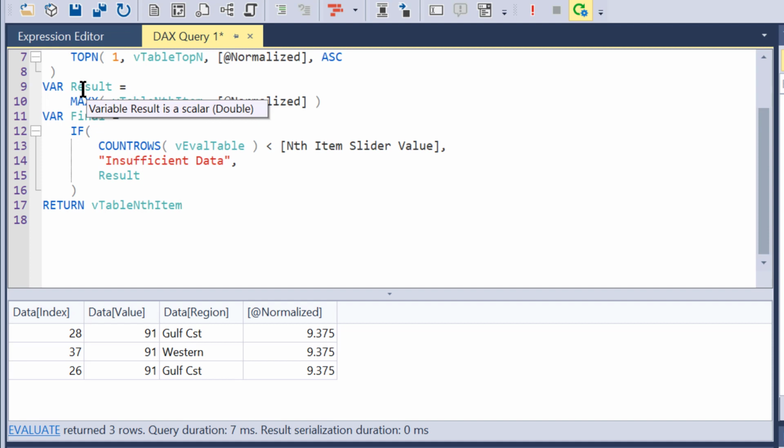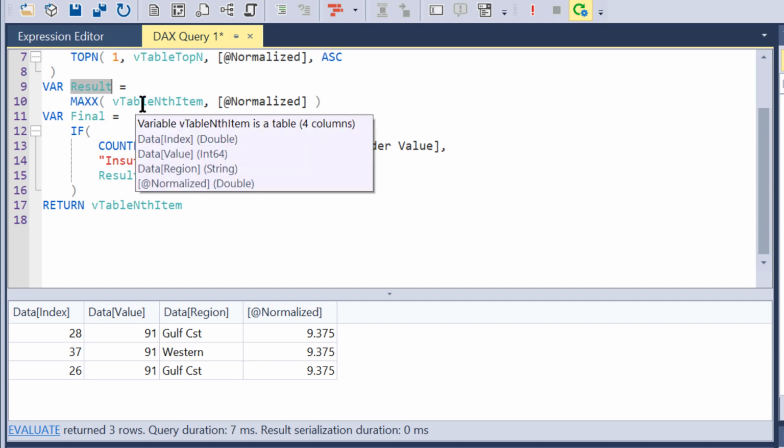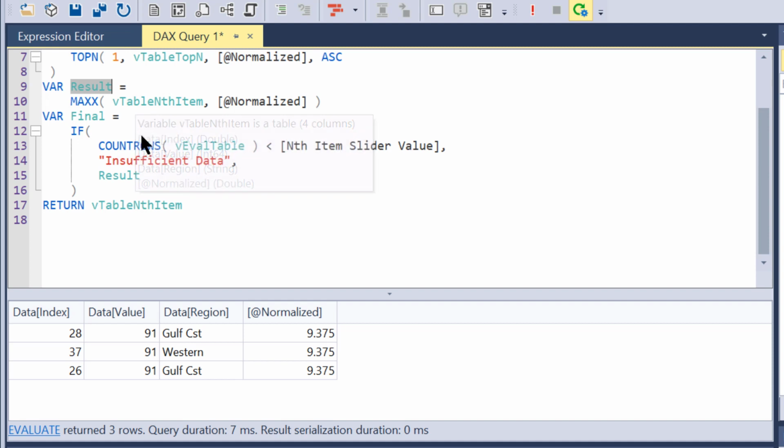And if we copy result down, this gets to my 4th tip, which is that result is not a table. Result, all we're doing is taking the max of that 1 row table, or 3 row table in this case, and we're returning the normalized value. So this could be max, it could be min, it could be average. It's just some aggregator that's returning that one value in that table. And so if we copy this down,